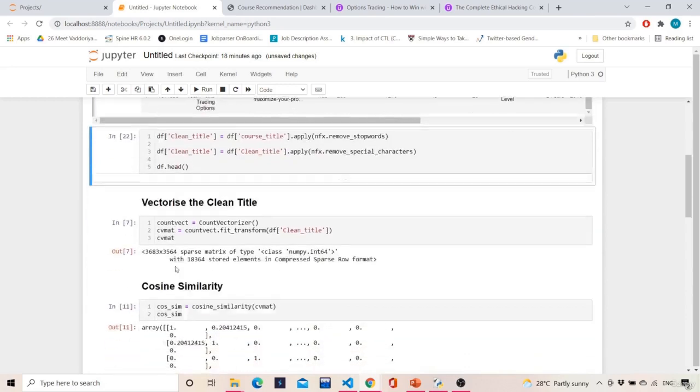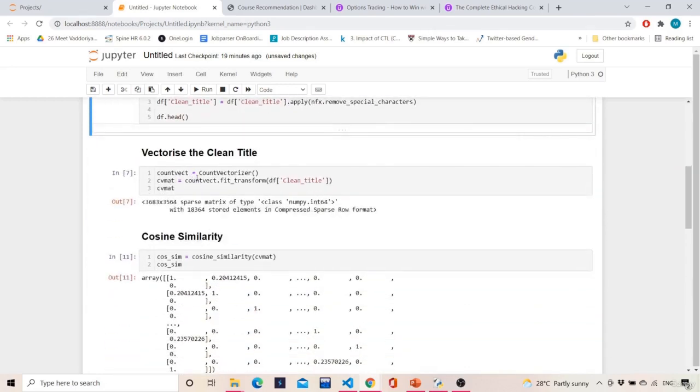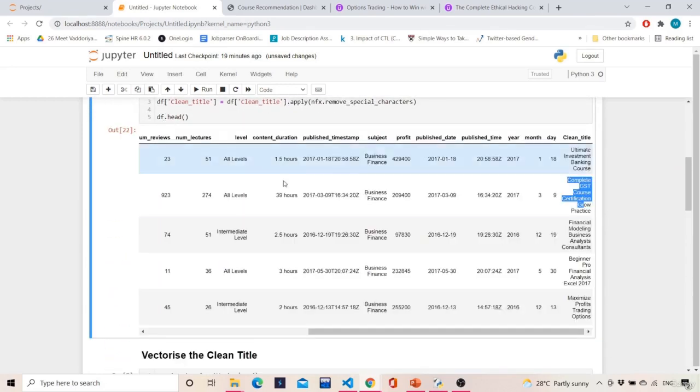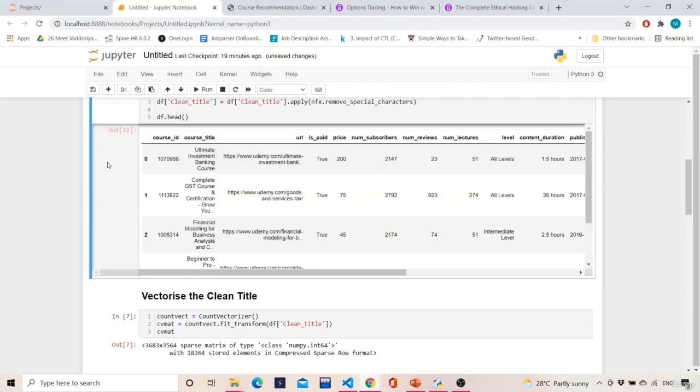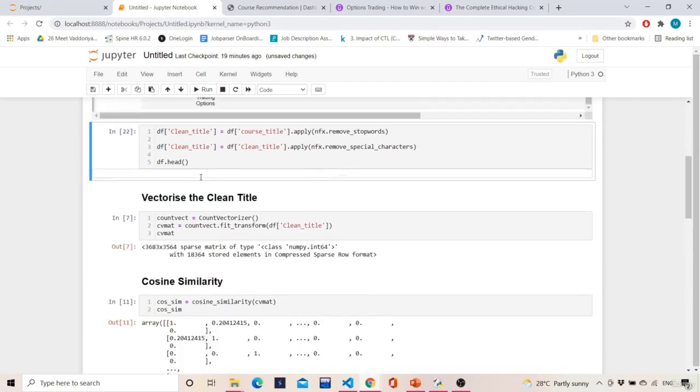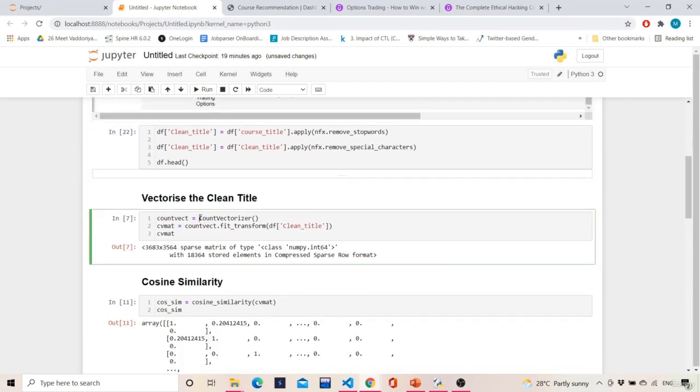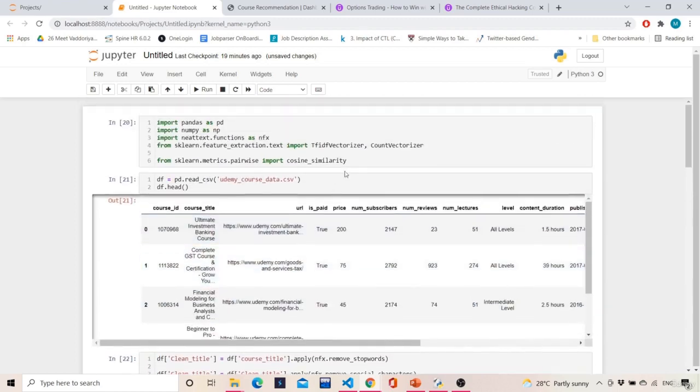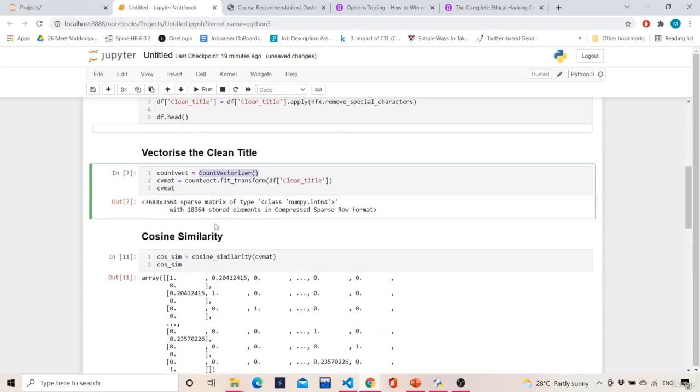So once that is done, we'll vectorize the clean title. Directly we'll start off with vectorization. No need for stemming or anything, because titles usually aren't big, so there's nothing to it. So countvect is equal to CountVectorizer, which we imported from sklearn.feature_extraction.text, and then we'll fit_transform the clean title, and execute this. So we see that there is a sparse matrix of 3683 by 3654. So there are 3654 new features